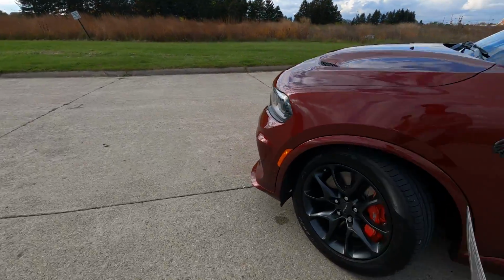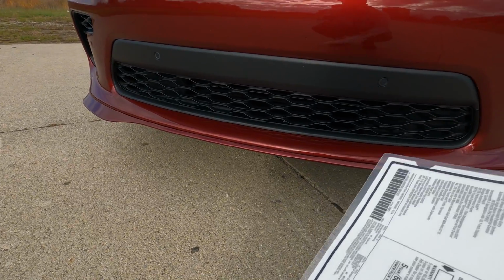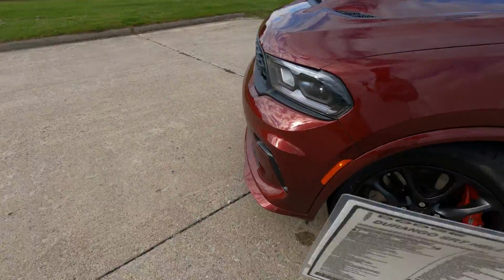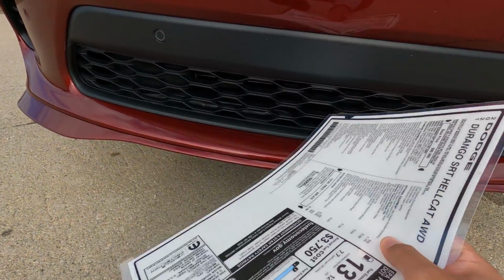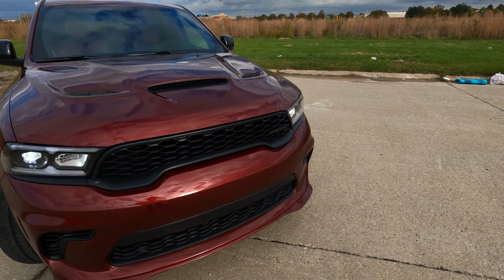One option I did opt out of, and I think it was the only option, was the adaptive cruise control. I had that option on my Trackhawk, and I believe it's a couple $1,000, and I've never used it, not a single time. So with adaptive cruise control, you get this camera or lens right in the center over here, or what you call it, radar. And what it does is, let's say you're on the freeway cruising and a car was to cut in front